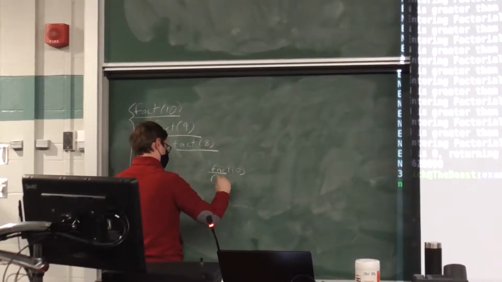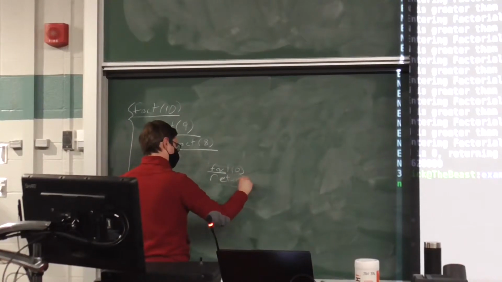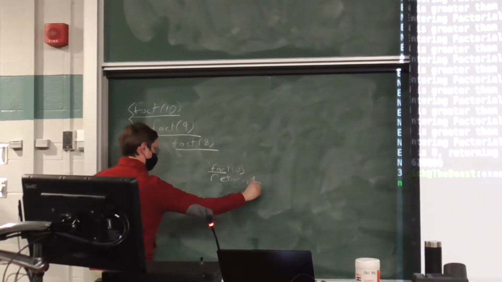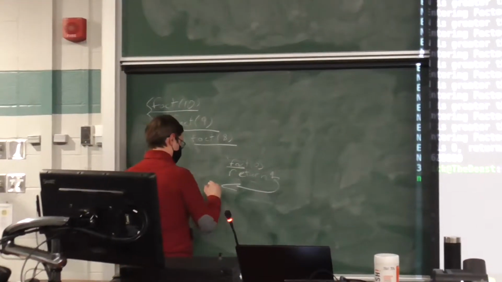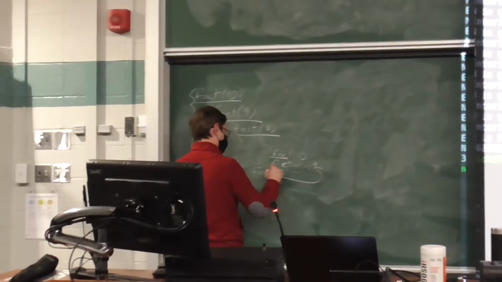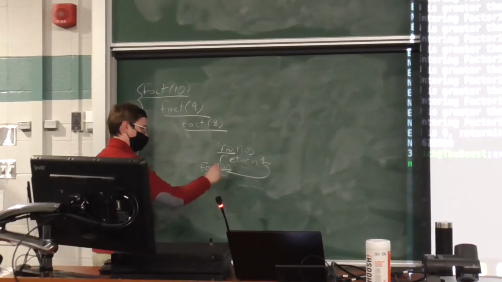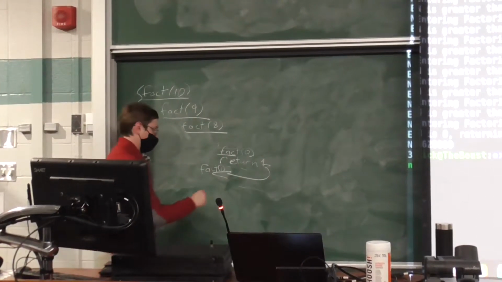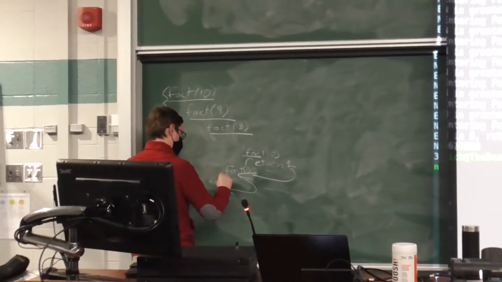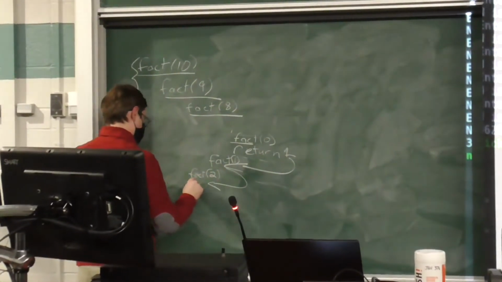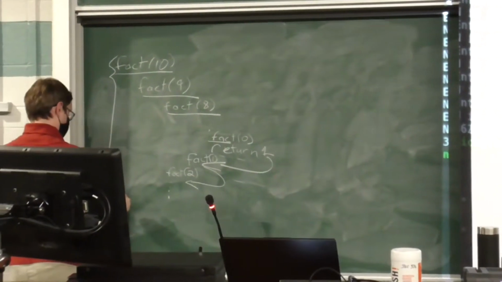Factorial of 0 will return 1 to the calling function. So factorial of 1 will receive the return value from factorial 0. It will use that to calculate it for factorial 2, etc., all the way back until the point